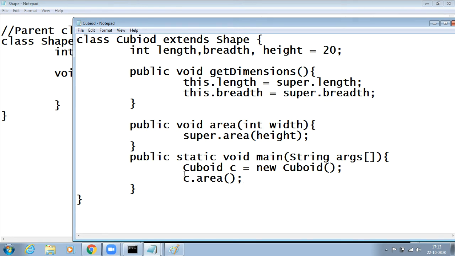So c.area will call this area first, and I have to pass the width here. I can take this width or that width, I can do it in two ways. If you call it like this, I can remove this parameter, or you can pass the parameter from here. I simply call area here, and when I call area, I am calling the area from here.